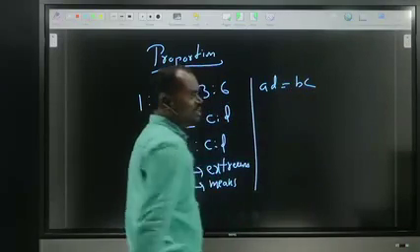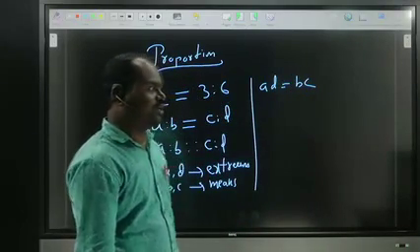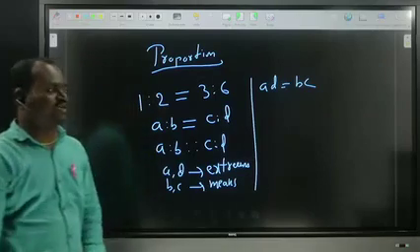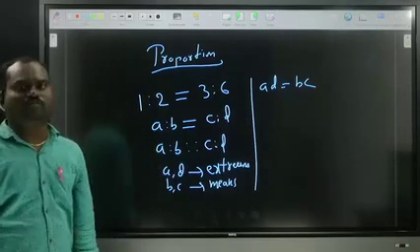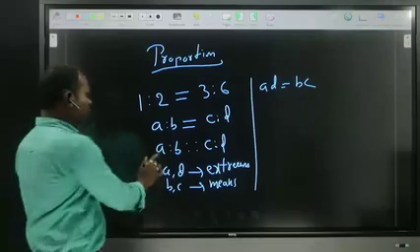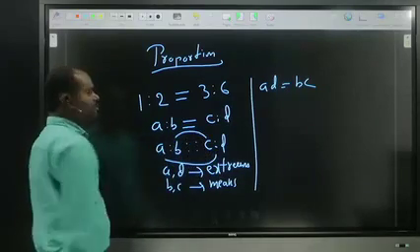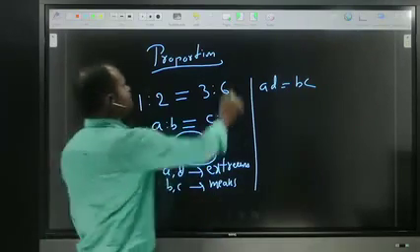Right, Sai Teja is right. The product of means is equal to the product of extremes. AD equals BC. That means the product of the first and last is equal to the product of the middle two. Now